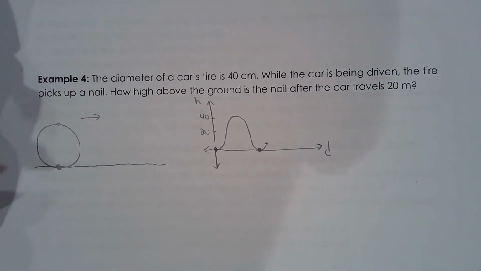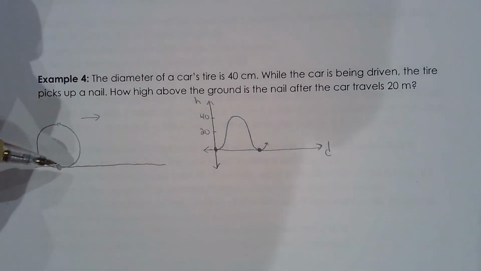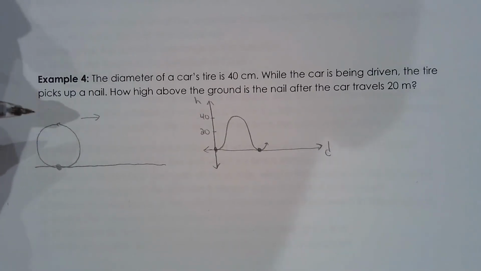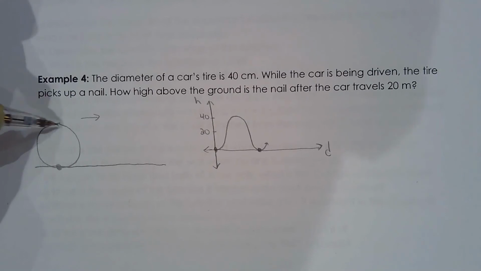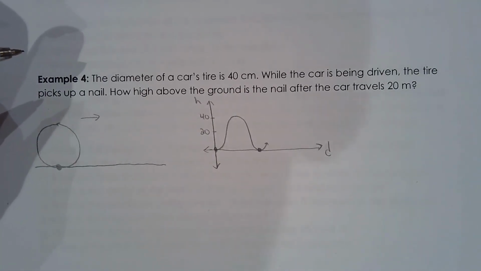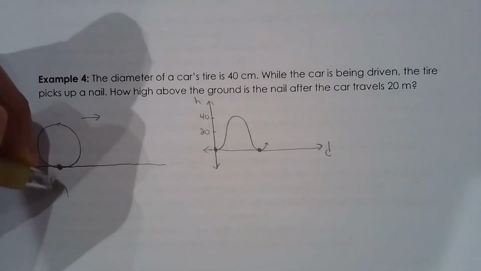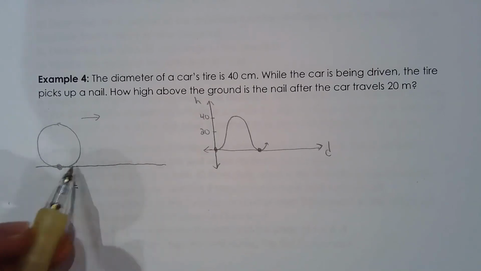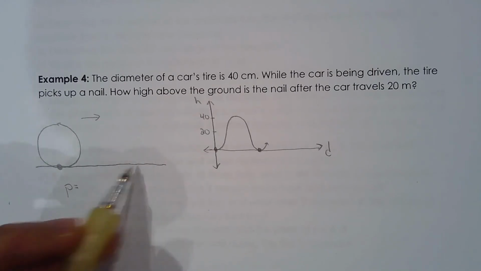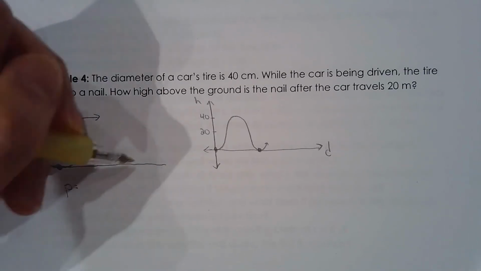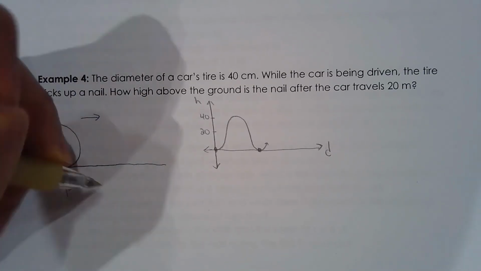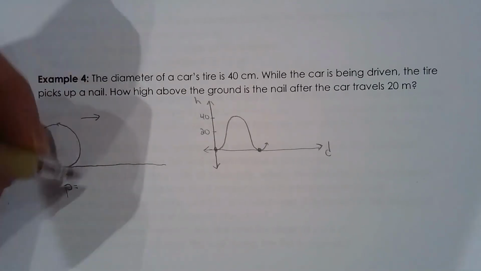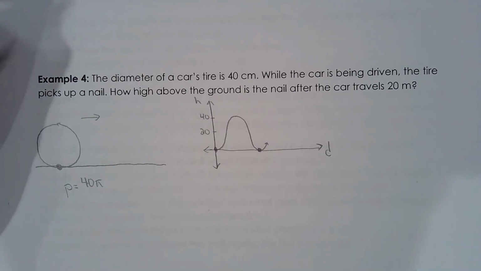What is a period? Well, to answer that question, how far did the tire travel? How far did you have to move forward in order for this nail to make one full turn around the tire? And hopefully you realize that the answer is the circumference. The period is the circumference. If the tire travels by the circumference forward, then guess what? The nail will be back at the ground level. So the period is 2 pi r, or pi d, so it's 40 pi,